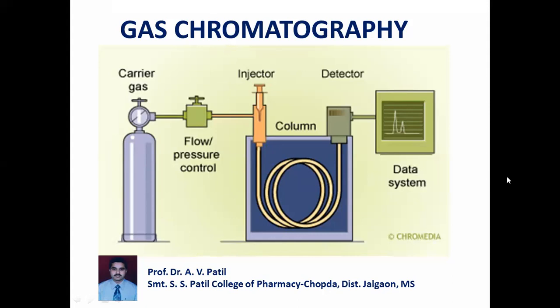So separation in between the two phases is with the basic principle, maybe of partition coefficient. According to the difference in their partition coefficient, the separation takes place in between the two phases,